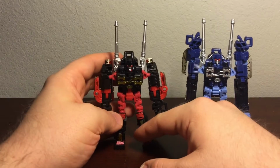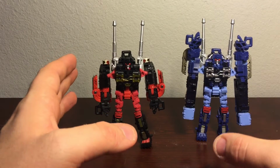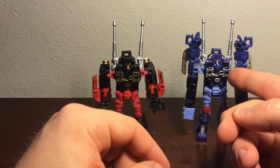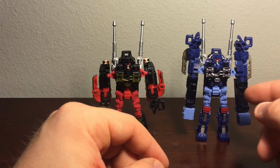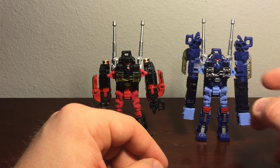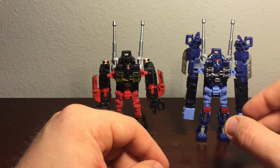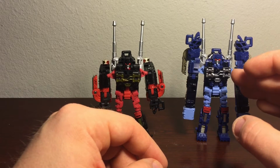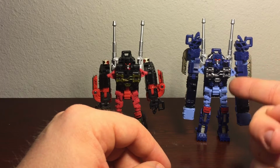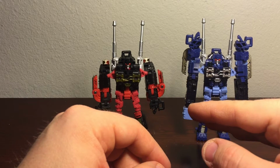Now, let me give a little bit of information I do know about the mold itself. I know that this one right here was originally supposed to be part of the Reveal the Shield line as part of Wave 5, along with a couple other characters. Those two were repaints. This one was a new mold that was originally going to be coming out. Matter of fact, this one was originally going to be called Demolition Rumble, but Wave 5 got discontinued, and the